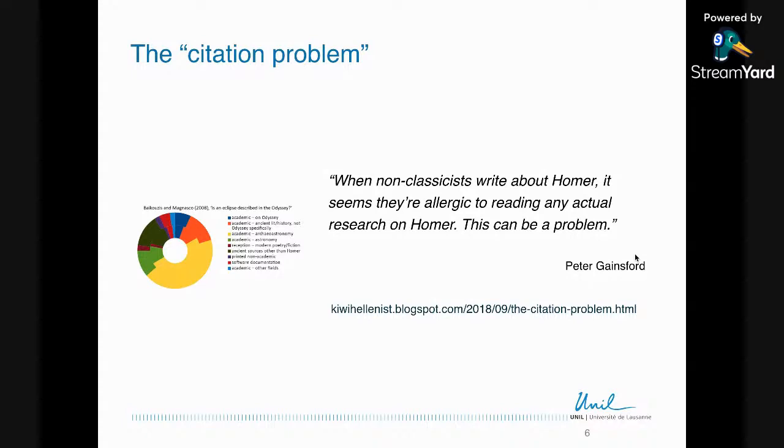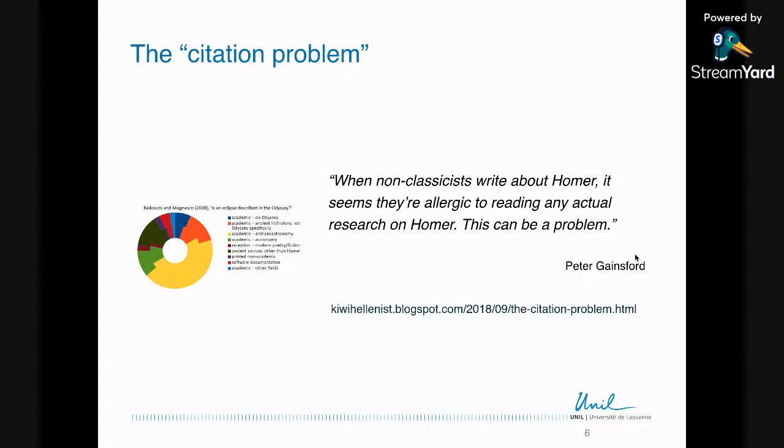But what we created at the end as a prototype is a citation index where you cannot only browse the links between cited articles and monographs, but you can also see the primary literature, meaning the archival sources that are cited in there, and find out which other publications are citing them.